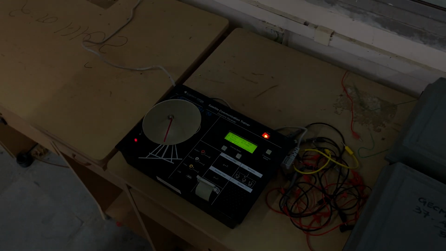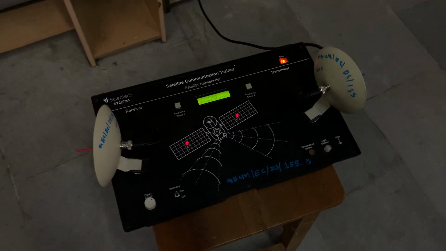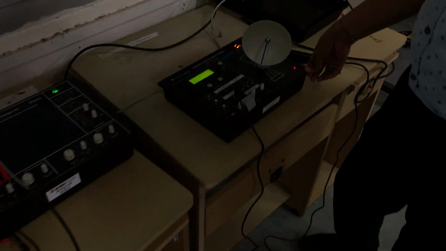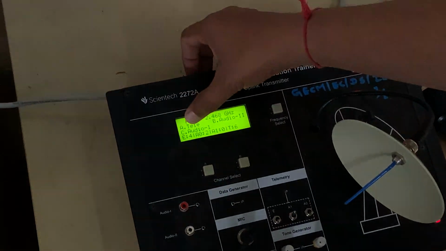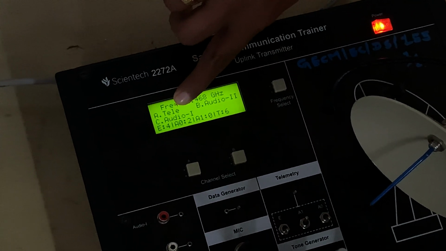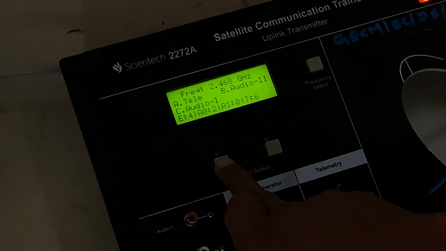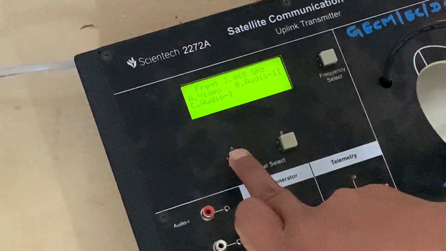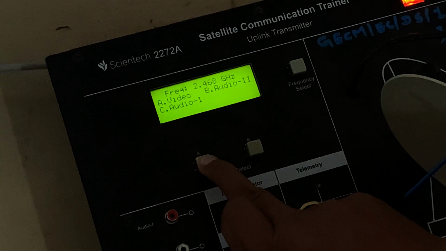Now let me start our experiment, and for that let me go near the uplink transmitter here. Here you can see we have already selected channel A with the telemetry command. You have to change it like this. You can see here channel A showing the video, channel B audio 2, and channel C by default audio 1.